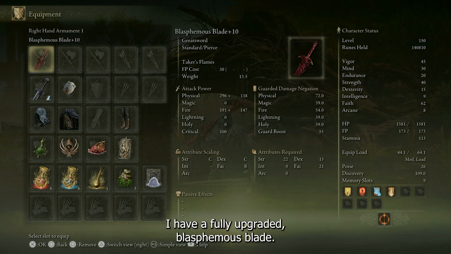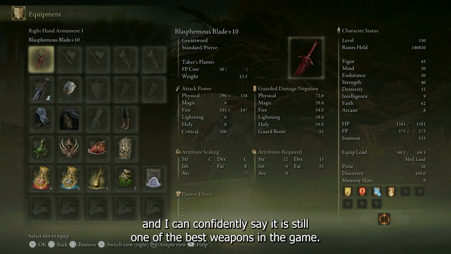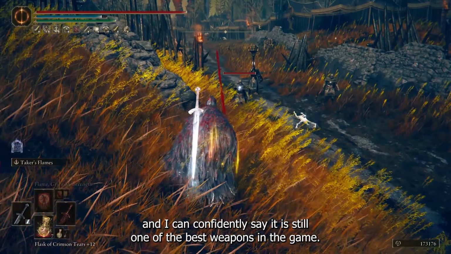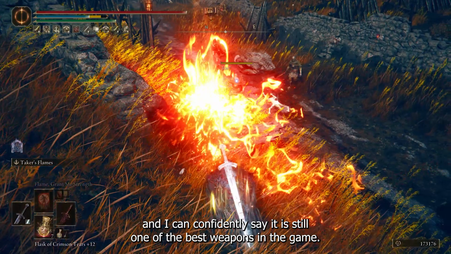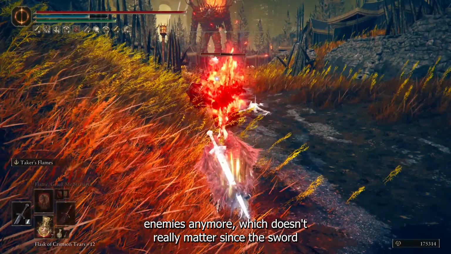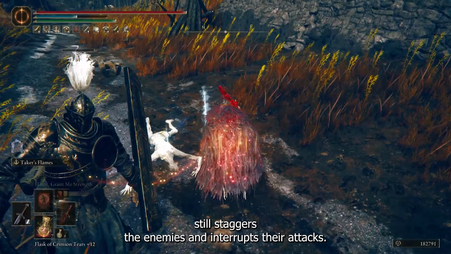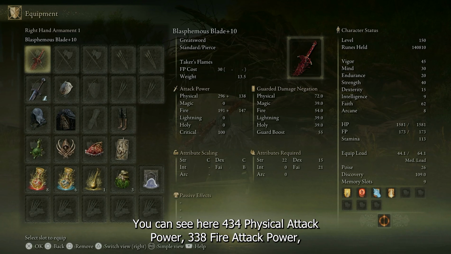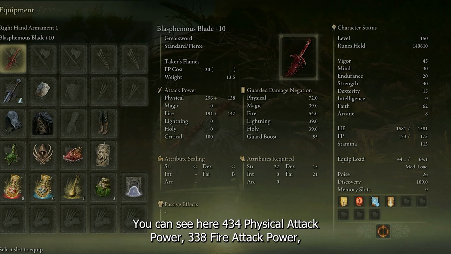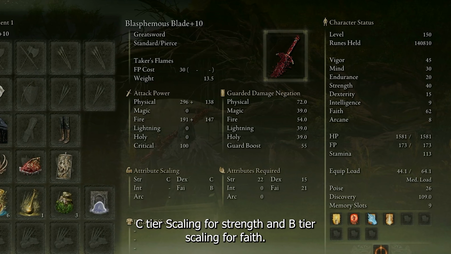Since Faith is the highest stat on the build, you can be very flexible with the incantations you use. In my right hand, I have a fully upgraded Blasphemous Blade. This greatsword was just nerfed in the most recent update, and I can confidently say it is still one of the best weapons in the game. The damage is still there, but you won't be able to knock down enemies anymore, which doesn't really matter since the sword still staggers the enemies and interrupts their attacks. You can see here 434 physical attack power, 338 fire attack power, C tier scaling for strength, and B tier